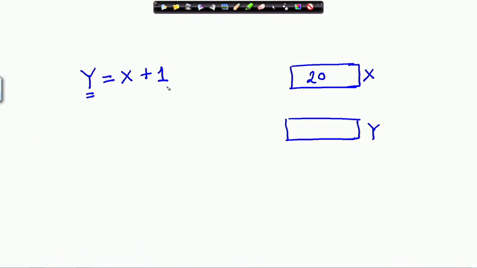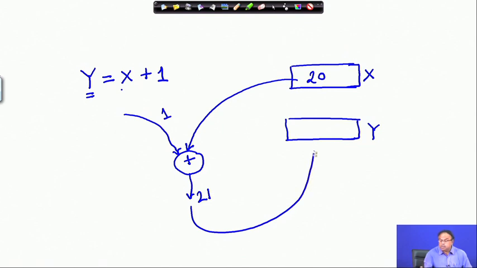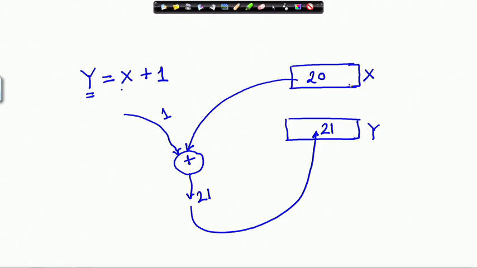And what is being told over here? You take x, take the content of x, and so you will take 20 and have 1 added, add them, you will get 21 and assign it to y. In that case, you see the picture, the content of the memory location, the value of the memory location x remains unchanged and another location gets the value 21, right.